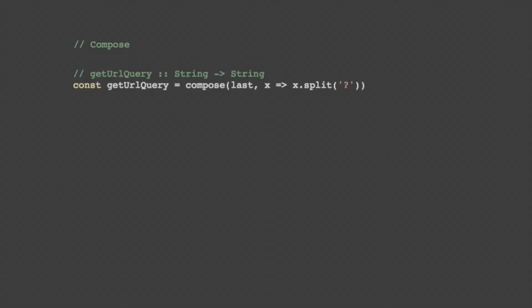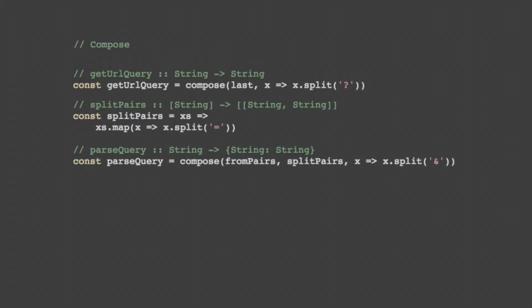We can use it in all sorts of ways, so we don't want to call it something too specific. It's counterintuitive for many paradigms, but in this case it actually makes a lot of sense. So we split the string by a question mark, and then we pass the result of that, which should be an array with 2 elements, or possibly more, but since it's a URL, and I said URL query, it's got to have 2. We get the last one of it. So this basically just takes a URL and gets everything after the question mark.